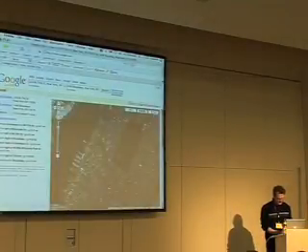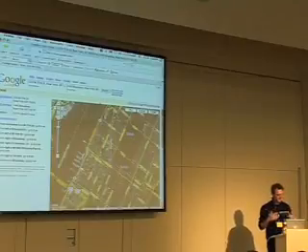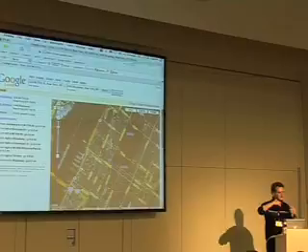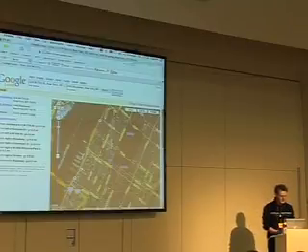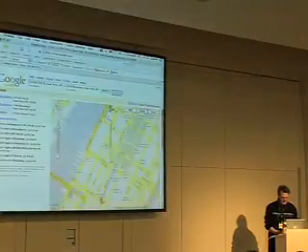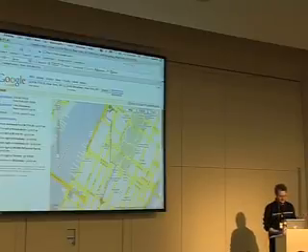There are these nice features to change the map view, and the thing is that all the user interaction happens in the same page. There's no page reload. Additional information, like this line that represents the way from one point to another, is requested from the server in the background and then incorporated in the page in the foreground when it arrives.